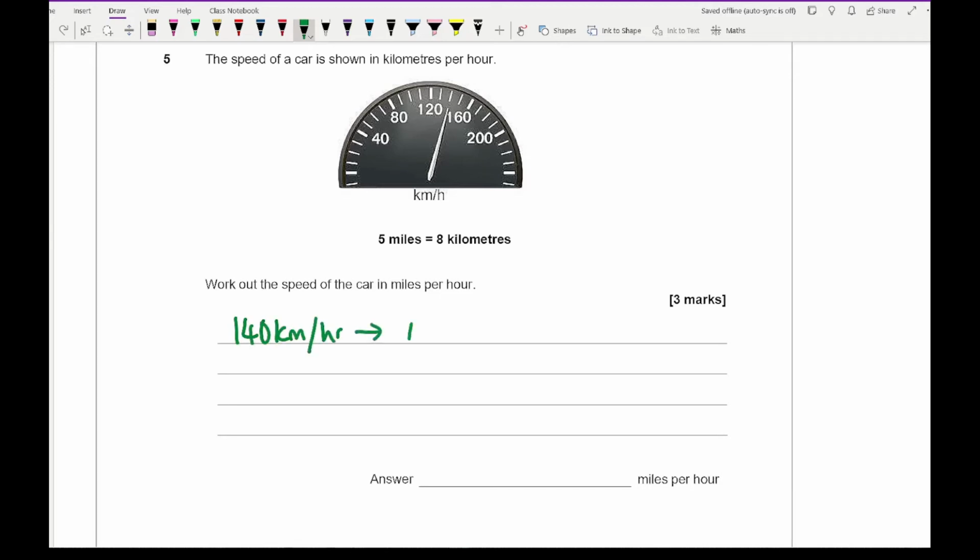Now what I like to do is to write this as a fraction where you've got the distance at the top over the time at the bottom. Now I don't want to change the time units because I want the hour, so that's fine. So the only thing for me to do is to convert 140 kilometers into miles. To do that, I need to divide by 8 and multiply by 5. And if I do that by working it out or by using a calculator, I should have the answer of 87.5. And again, because I'm not changing the hour units, that's still going to be over 1. So then the final answer is